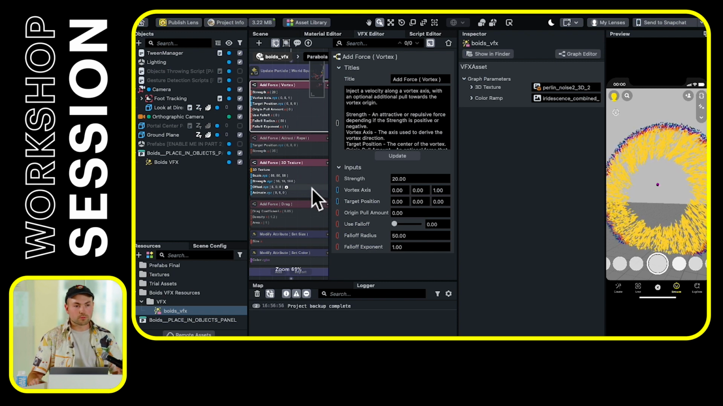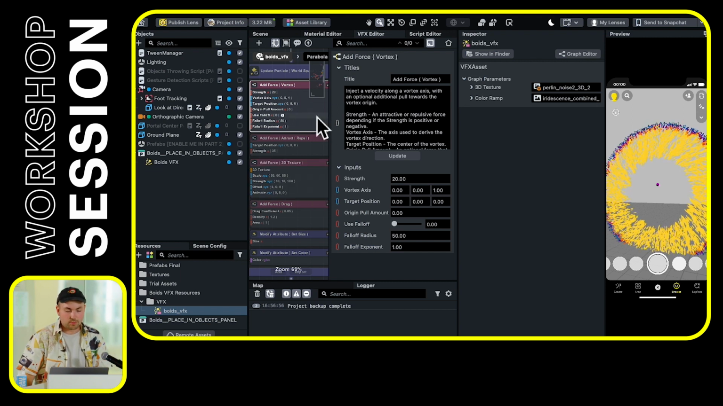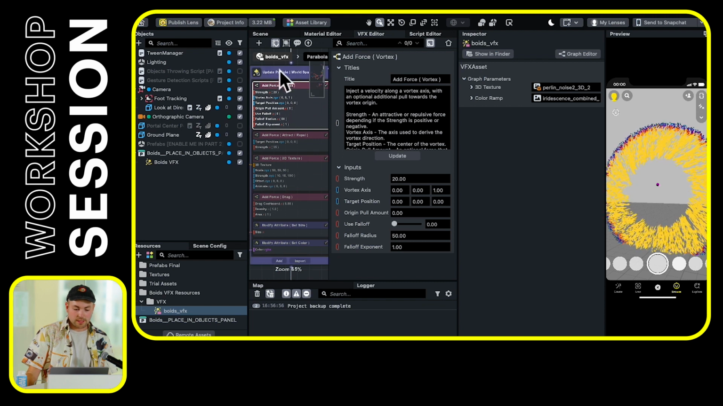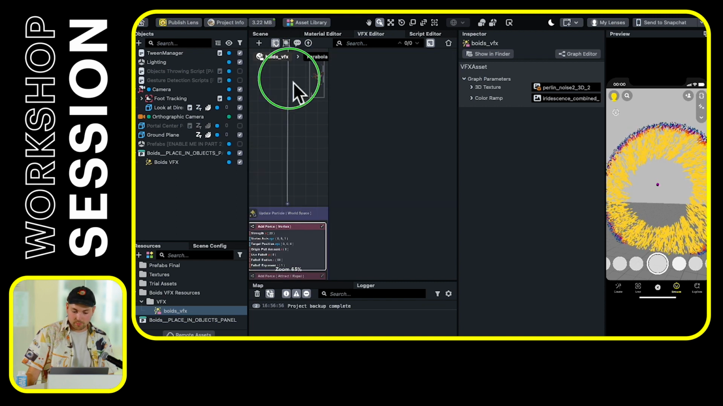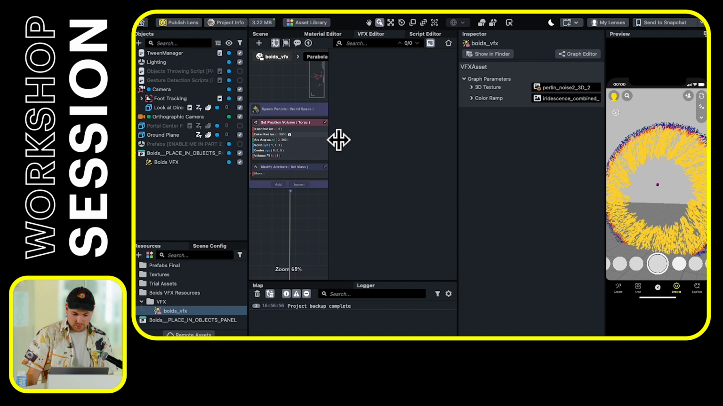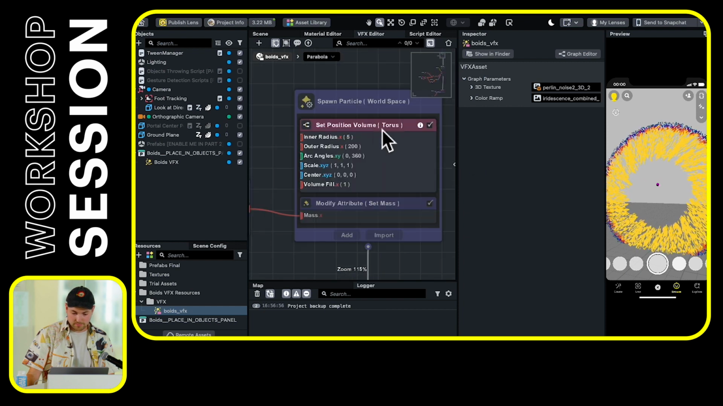But what we're going to want to do now is, I'm going to show you how I made the effect of the portal kind of opening like a swirl. This can be done in a few different ways, but for now I'm going to show a really simple way, and you want to go back to your spawn particle node here,